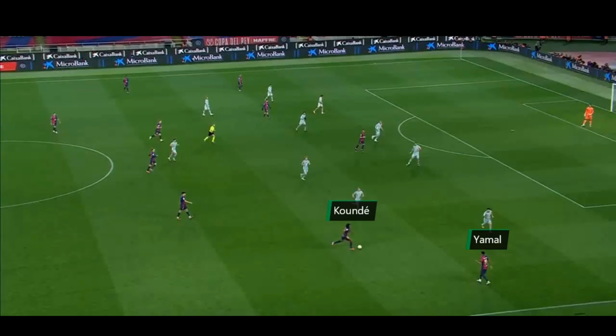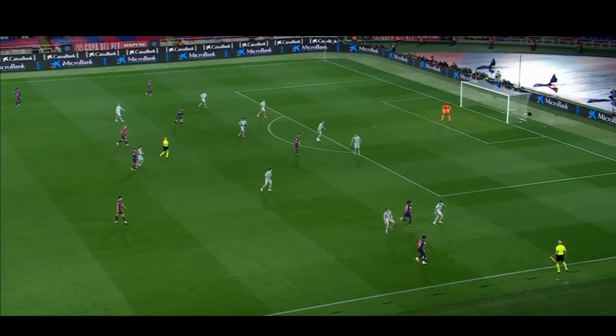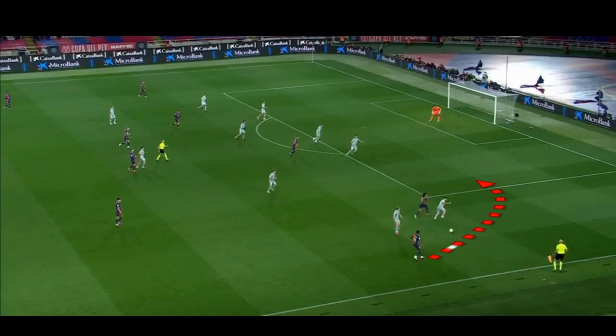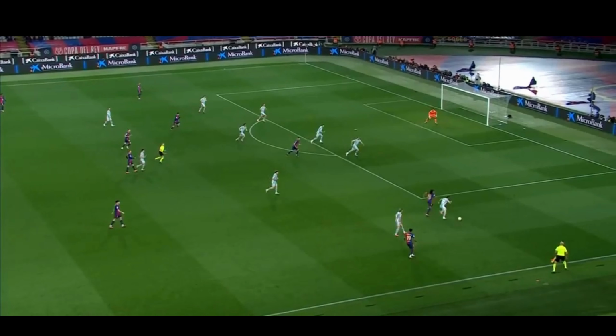A prime example of this tactical pattern was evident in Pedri's goal. When Yamal received the ball from Koundé, he immediately attracted the press from Conor Gallagher, who stepped up to engage him. This movement created a gap in Atletico's defensive shape, allowing Koundé to make a late overlapping run into the space behind Gallagher. Although Javi Galán attempted to track Koundé's run, the French fullback's speed and timing were too much